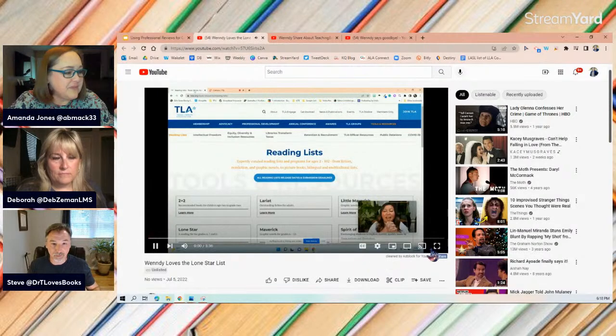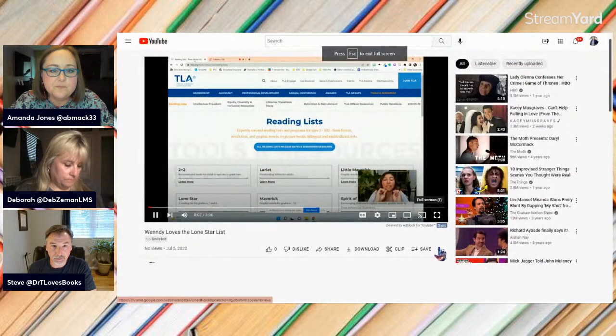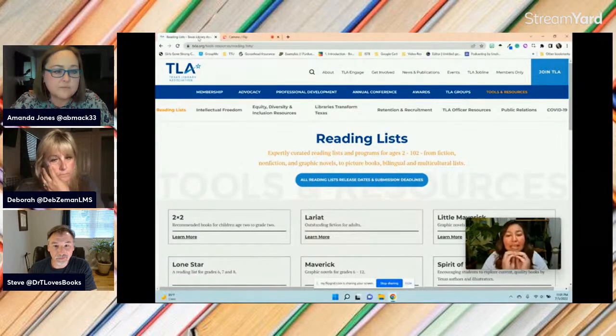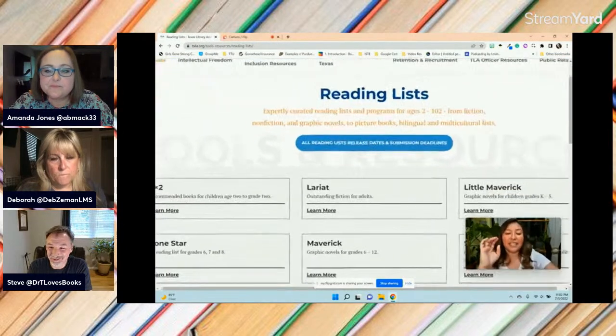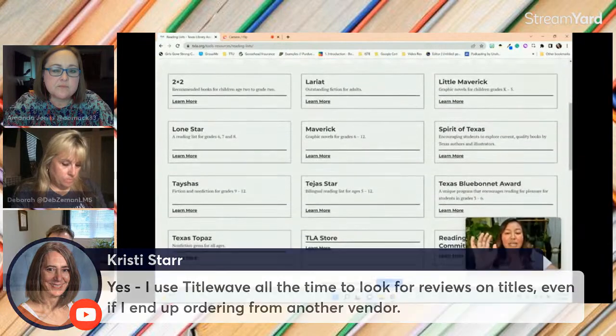Here we go. Another one of my favorite resources to go to, tied for number 1 with Tidal Wave, is, y'all, in case you did not know, Texas is awesome. We all know this. New Jersey too, and Louisiana is too. Who dat? Okay, anyway. So we have in Texas these amazing committees that look at all these reading lists that